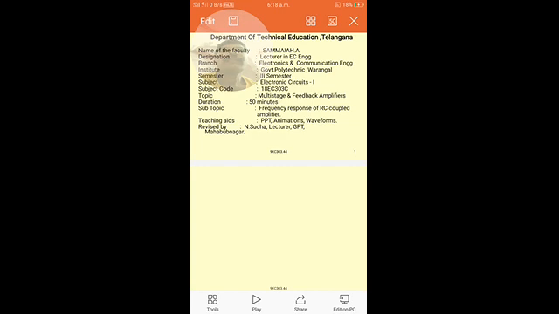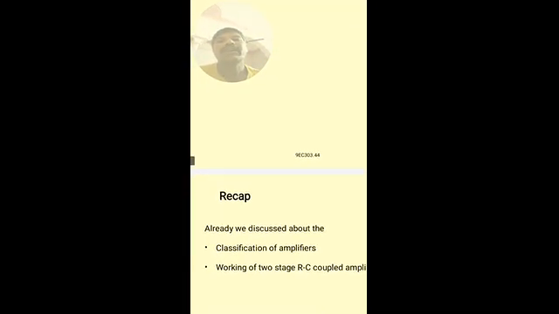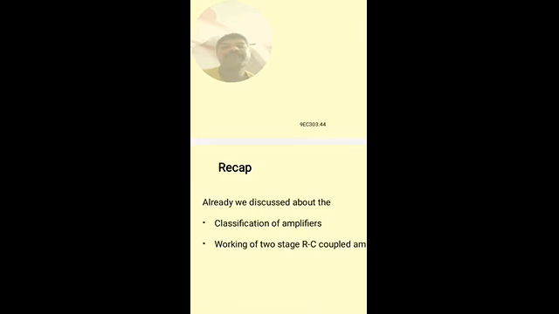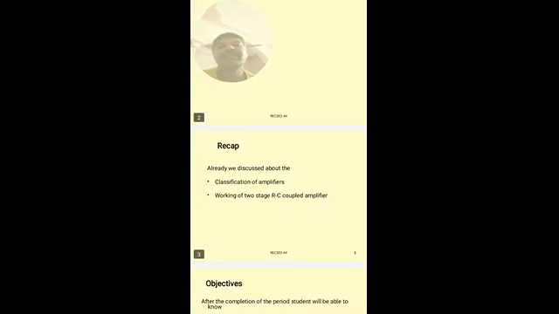In the previous class we have studied the gain, bandwidth and frequency response of multi-stage amplifiers. So by the completion of this class you will be able to know what is an RC coupled amplifier, the working of RC coupled amplifier and its frequency response,